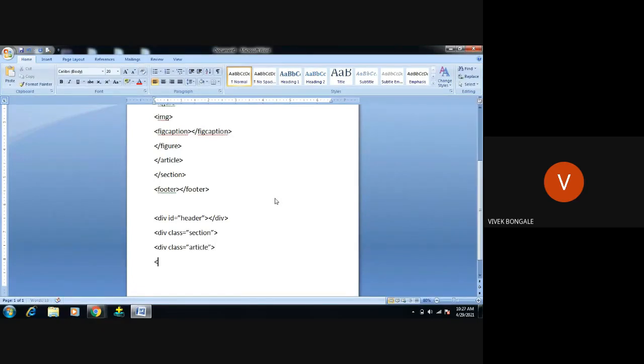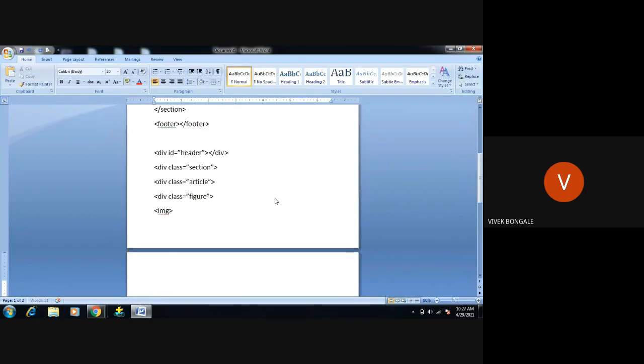Then same thing, everything they're using with the tag division. Class equals figure. Right, then image, then figure caption. Whatever is next, everything they go on using with the division. Div class equals figure caption.